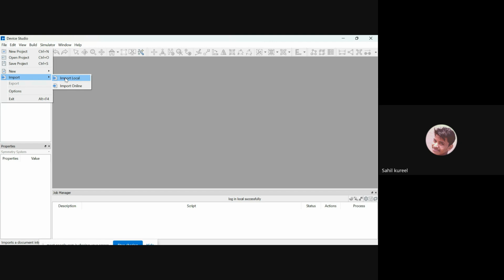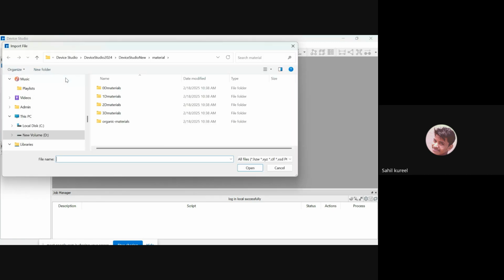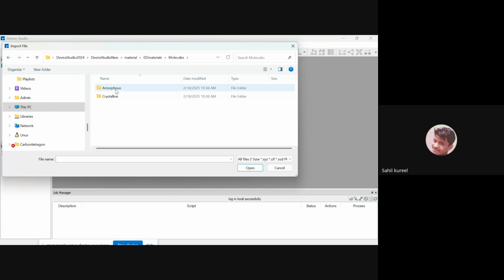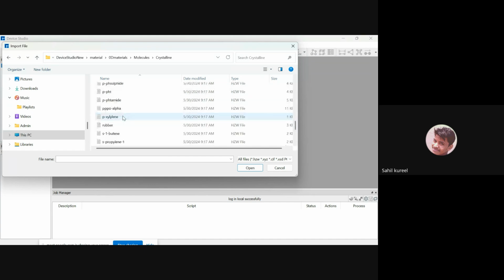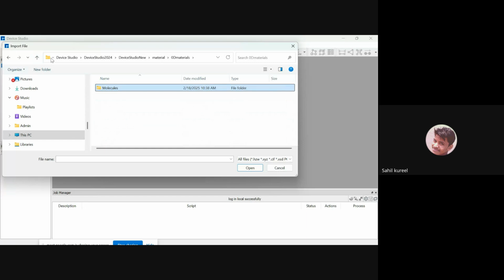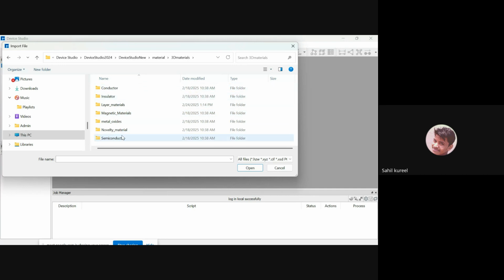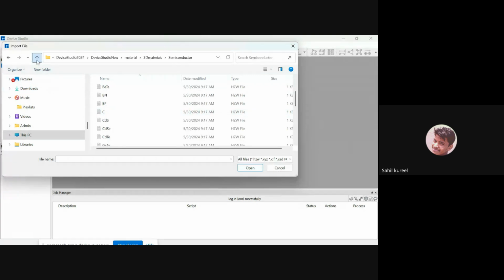We can directly move toward the import part and the import locals. We are going to create two probe device structures here. So simply click on the import local, and 0D, 1D materials, 2D materials, 3D materials, and organic materials are available. Like molecules, you can check. Whoever has not seen it in previous sessions, you can see. Same for the 1D, same for the 2D, same for the 3D. You can see a number of semiconductors and magnetic materials,